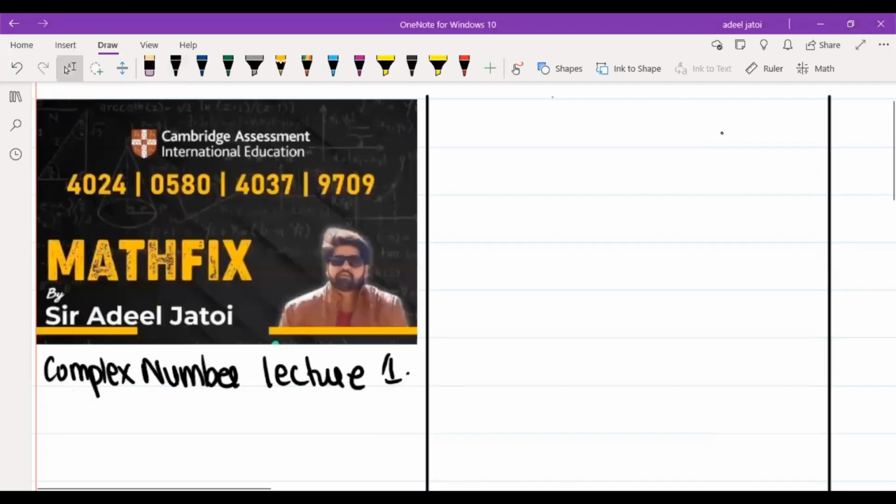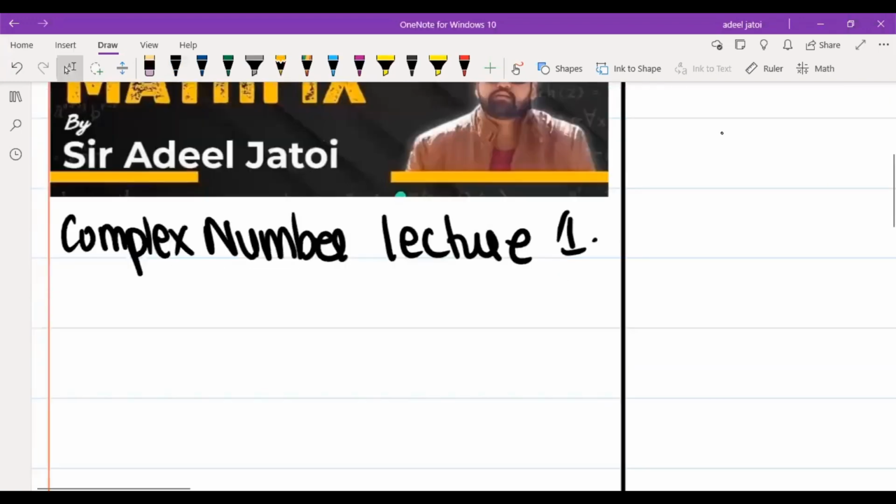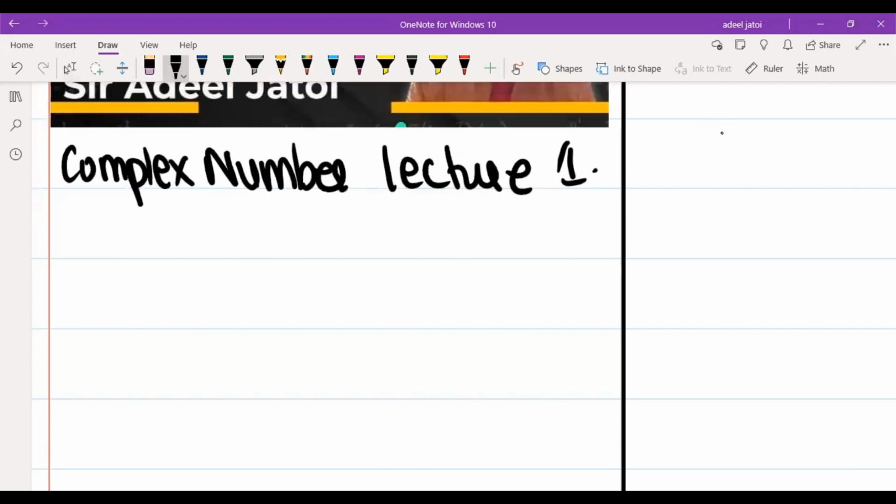Complex number, lecture number 1. This is a normal A2 topic. We have already studied about this in AS,